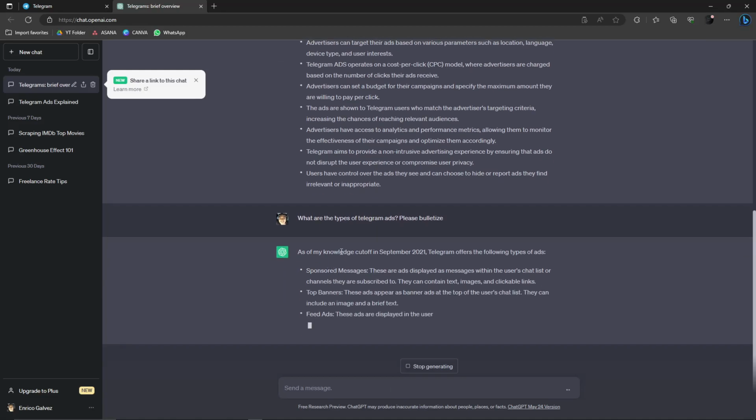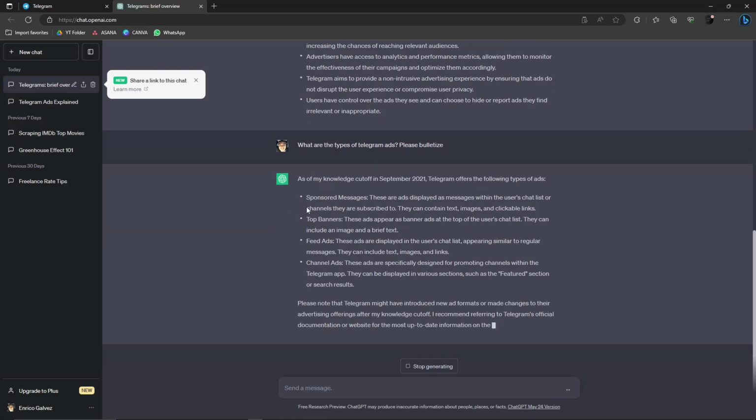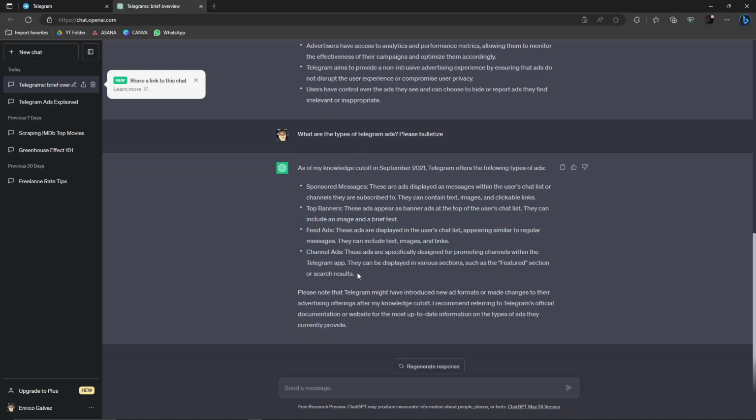So, as of my knowledge cutoff of September 21, Telegram offers the following types of ads: sponsored messages, tap banners, feed ads, I'm sorry, and channel ads. Please note that Telegram might have introduced new formats and made changes to their advertisement offering after my knowledge cutoff. So these ads are as of September 2021. ChatGPT mentioned that there may be new ways of advertising. Anyway, in my knowledge, to be honest, guys, I think these are the same ads as of now, especially these